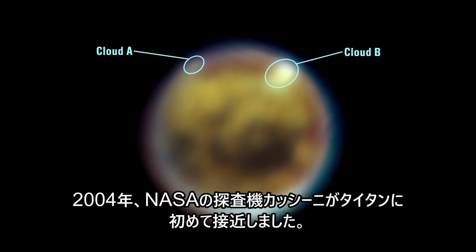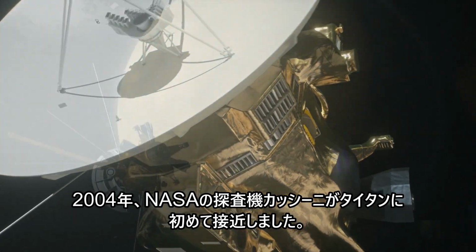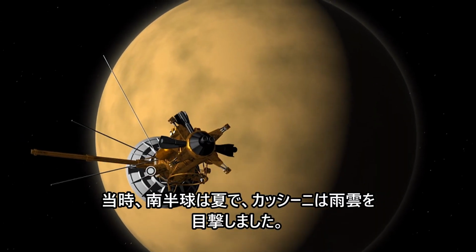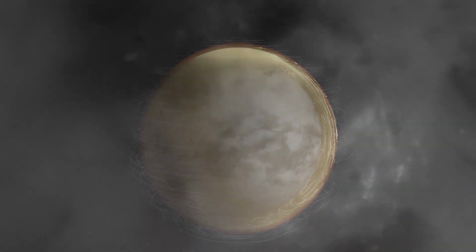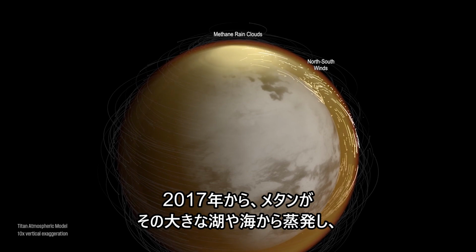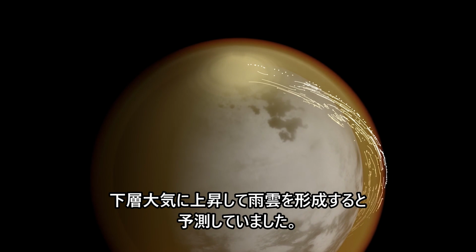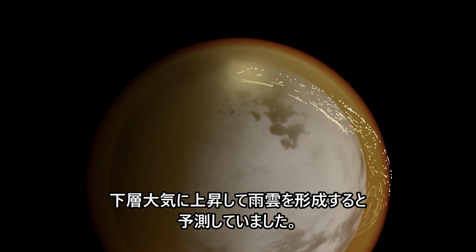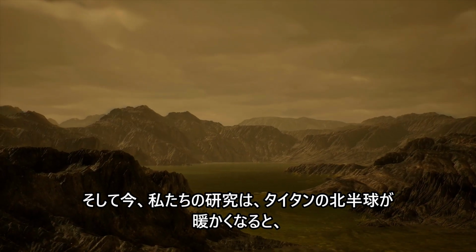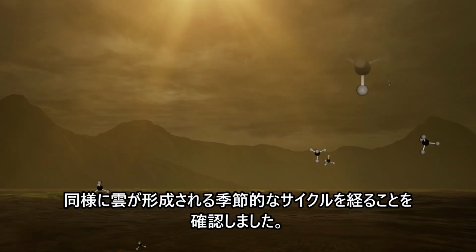and seas. In 2004, NASA's Cassini orbiter made its first close encounter with Titan while the southern hemisphere was in summer. Cassini witnessed rain clouds forming in the drier south polar regions due to seasonal heating and evaporation. Climate models predicted that as Titan's northern hemisphere entered summer, beginning in 2017, methane would evaporate from its large lakes and seas, rising into the lower atmosphere to form rain clouds. Now, our study has confirmed that when Titan's northern hemisphere warms up, it also undergoes a seasonal cycle of cloud